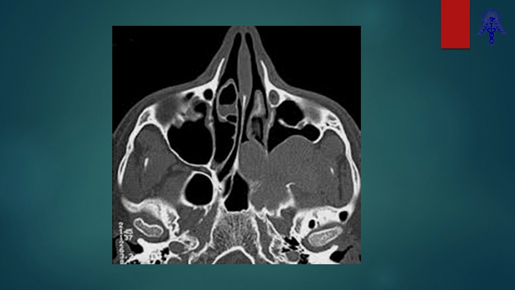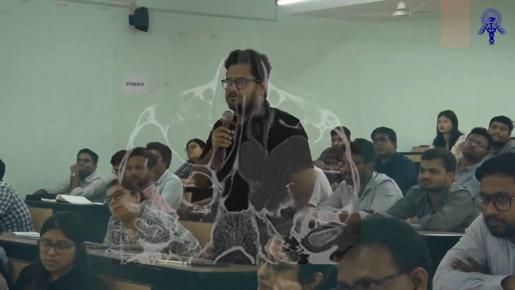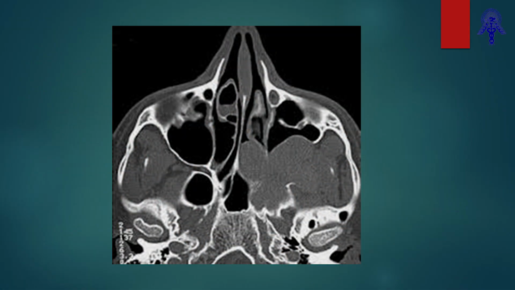This is the last for CT scan. Somebody else from the back? Anyone? Just salient features and what is the sign? Sir, this is a non-contrast CT scan of the nose and PNS in axial section, where in the bone window we can see a homogeneous mass occupying the left-sided ethmoid and sphenoid sinus, and it is